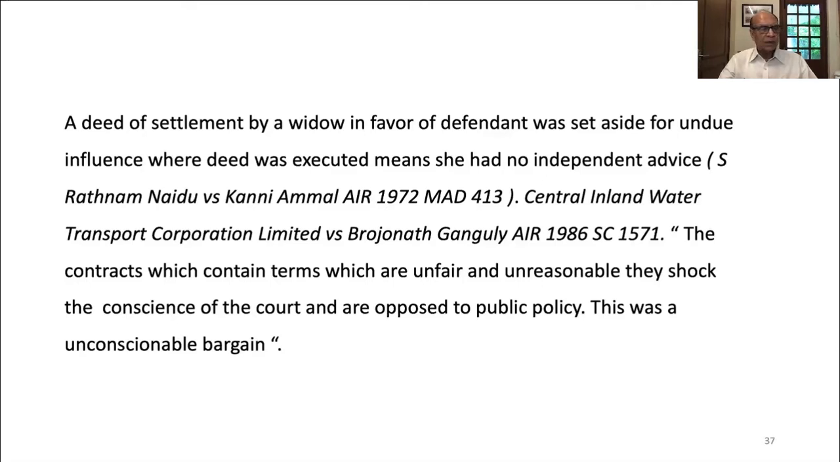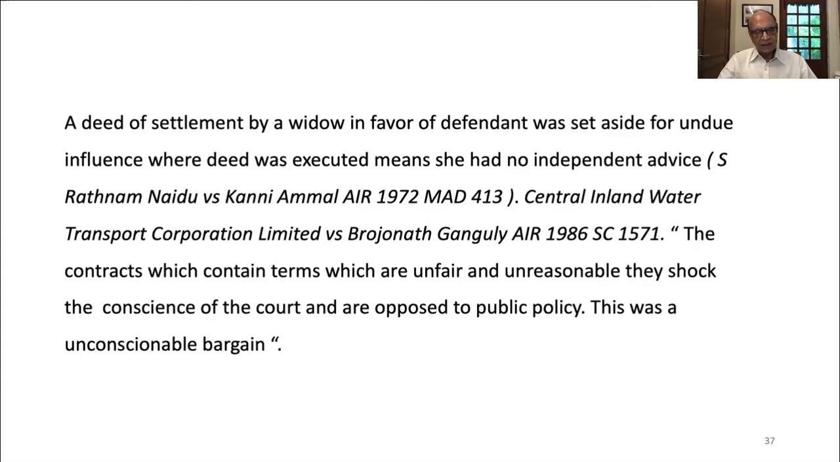Now, court has gone to the extent that where the widow had no independent advice, even that deed was set aside. I was recently defending personally the case of a daughter where a widow whose only son died, and within 14 days of the death of the only son, who was about 50 years old, the lady was 80 years old,